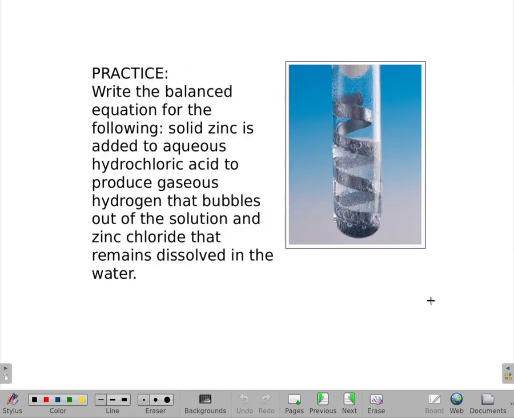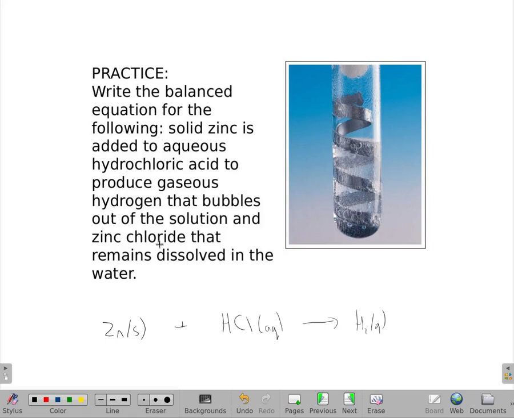All right, another one of these. Almost looks like the same type of thing, but if you notice, this is a nice little ribbon. But it tells me we're going to take solid zinc, add it to aqueous hydrochloric acid, produces gaseous hydrogen and zinc chloride. All right, so zinc solid reacts with hydrochloric acid. Hydrochloric acid is hydrogen chloride gas dissolved in water, so HCl aqueous. And that goes forward to form, and it says gaseous hydrogen